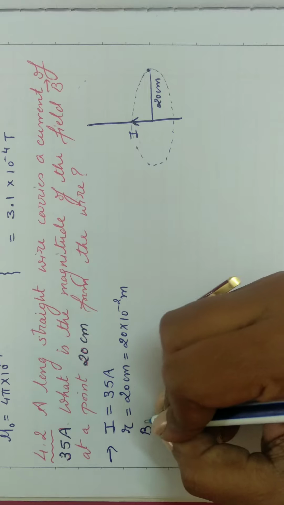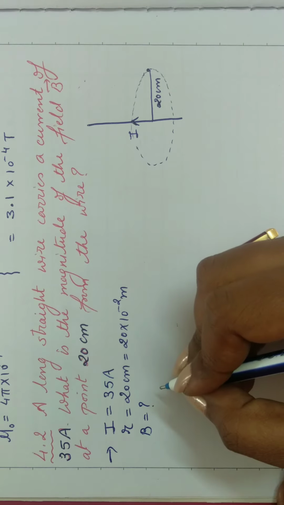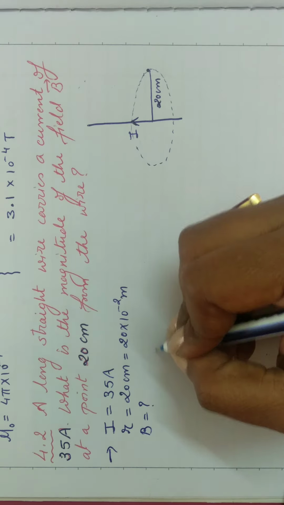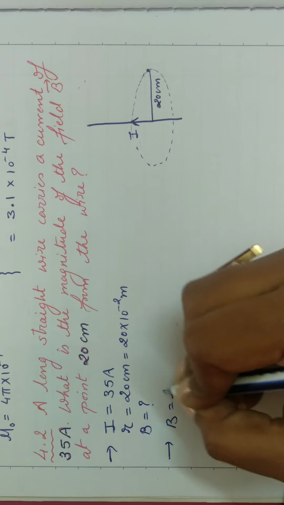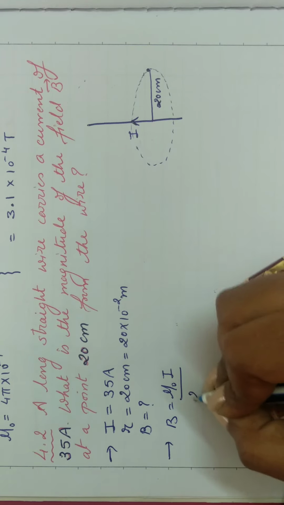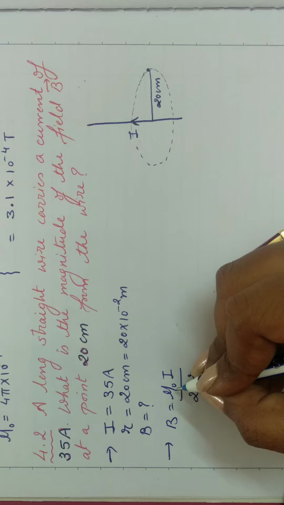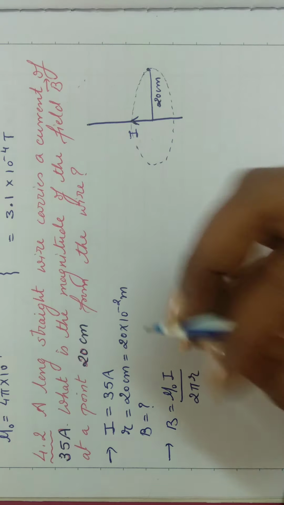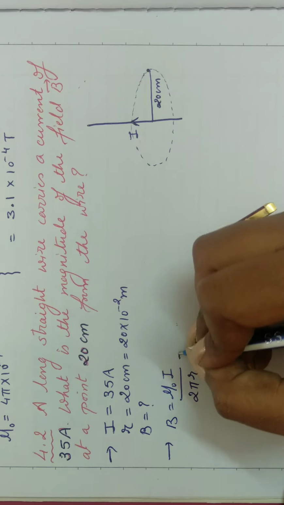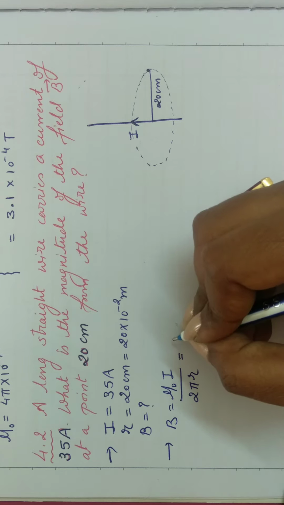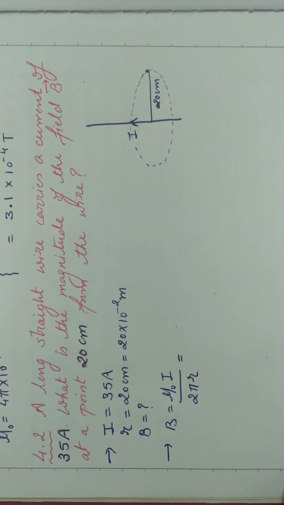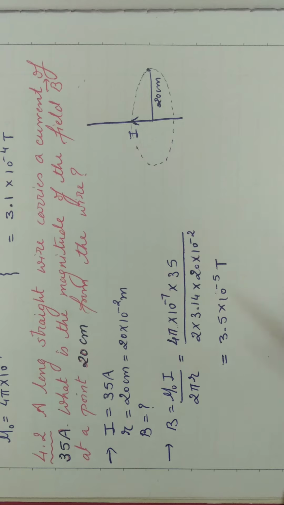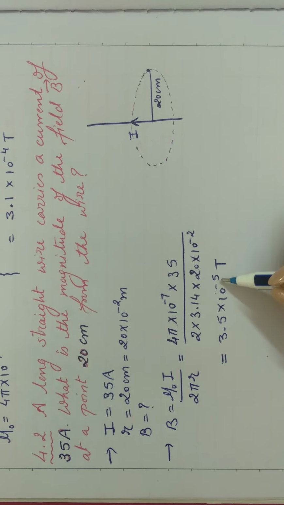I need to calculate the magnetic field, and here the formula which we will be using is B is equal to mu 0 I upon 2 pi r. So I'll need the value of mu 0, it is 4 pi into 10 raised to minus 7. It may or may not be given in your question paper, so you need to remember this value. So now we'll substitute all the values. After substituting all the values, your answer will turn out to be 3.5 into 10 raised to minus 5